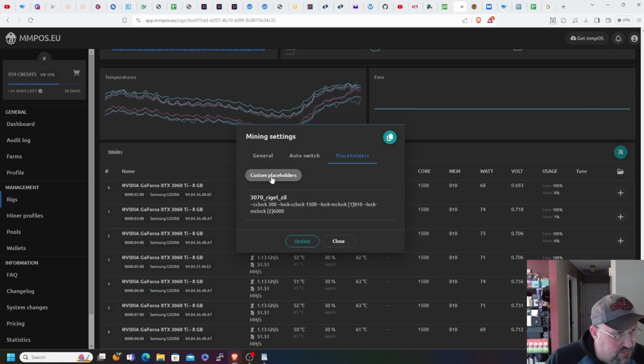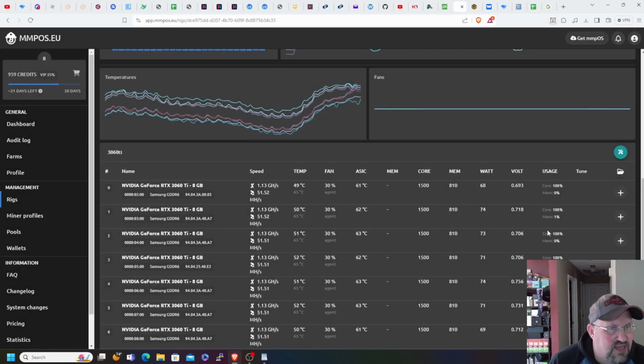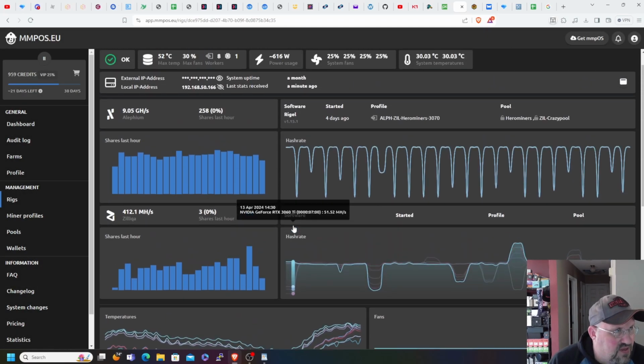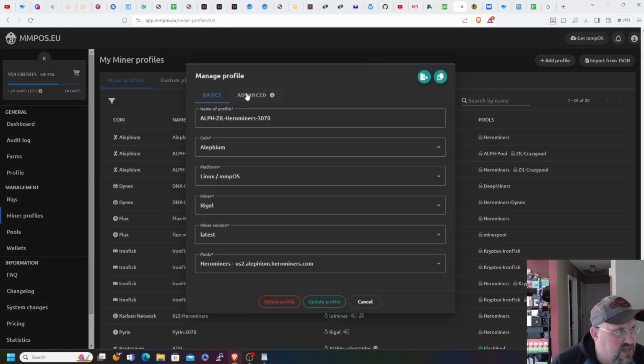But you go in your custom placeholders, you can pick which one you want here, and you can go in here and edit whatever you want to edit, and just hit set, and that will be it. And then where you utilize this is in your miner profile. See, this one is using the AlphaZill Hero Miners 3070. So we'll go to miner profiles, AlphaZill Hero Miners 3070. Under advanced,